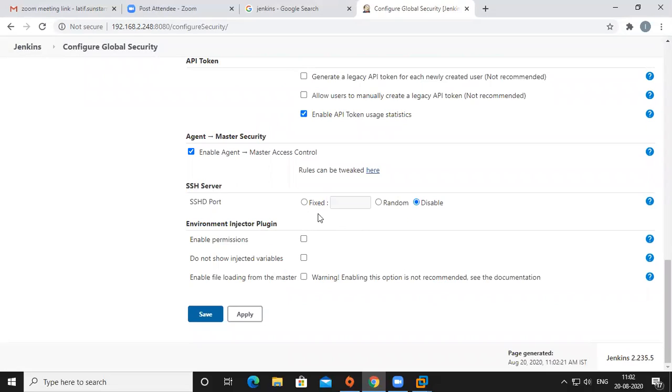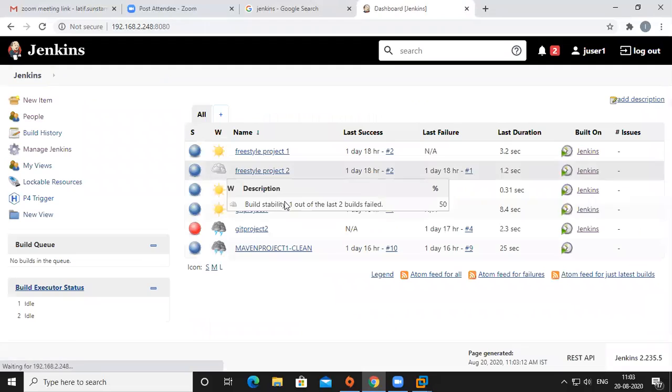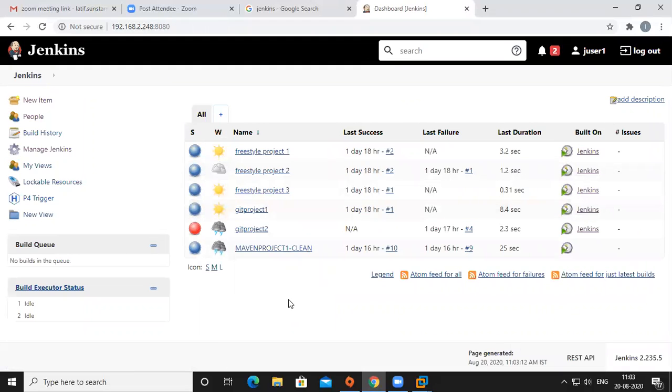Okay, so if you want to let people access from an SSH server kind of thing, you can also configure this. So we got an error, right? That is the Environment Inject plugin, enable permission, do not show inject variables, like this. These you have to search on Google to see what they are.